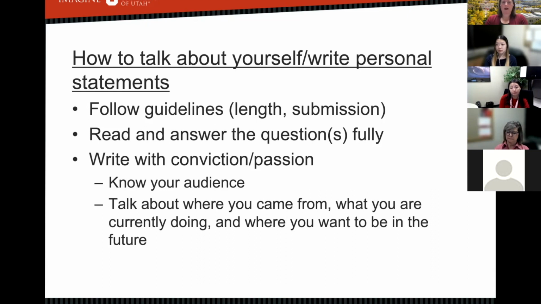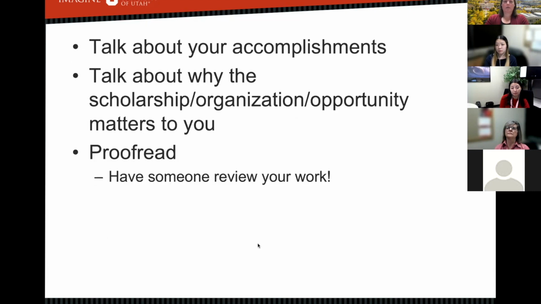And write with conviction and passion. Make sure you know your audience and who you're talking to, and talk about your background, where you came from, what you're currently doing, and what you want to do in the future. And talk about your accomplishments. Make sure you're bragging about yourself. Don't be shy about that. If you've earned any awards or scholarships or accomplished anything at work, like any accolades, make sure you talk about that,